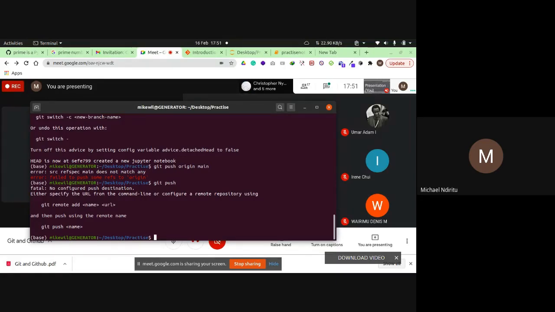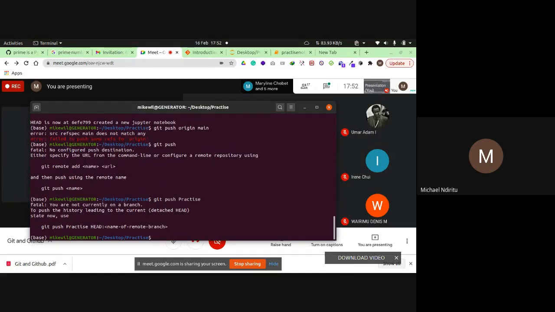Oh, so we are going to say git push then practice, that's the name of our repository. This command is going to be used when you're on a branch. Or git push main. Let's use that, git push main.